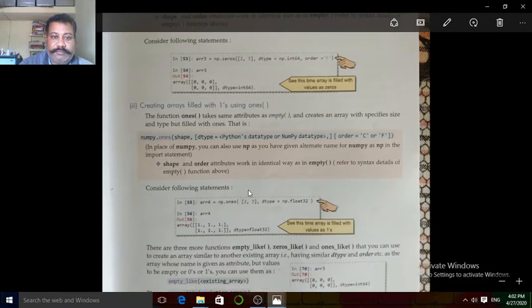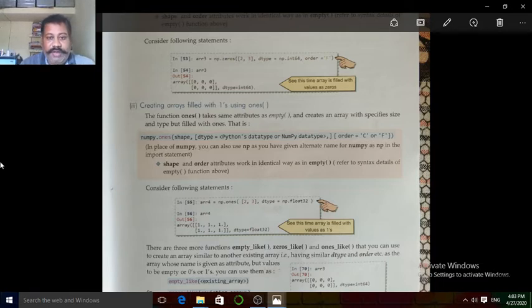Now see how we create an array using ones, that is with the help of the ones function. This is similar to the empty function, and the syntax is np.ones(shape, dtype=Python data type or NumPy data type, order='C' or 'F'), that is row-wise or column-wise.